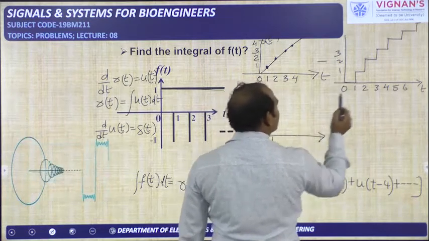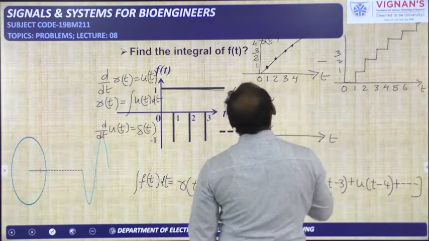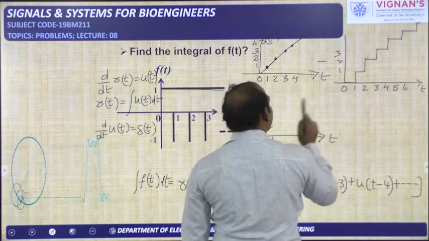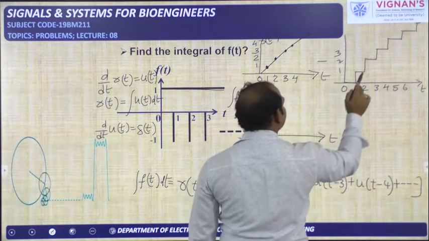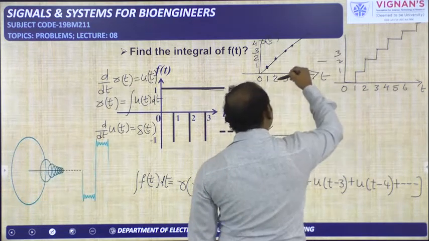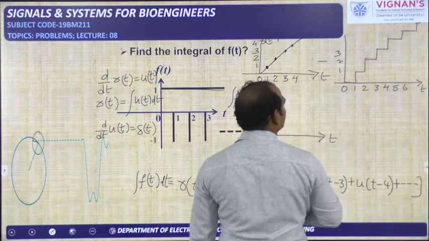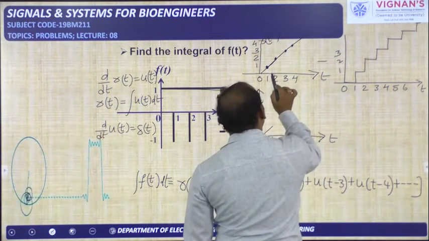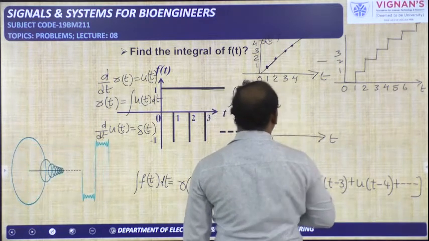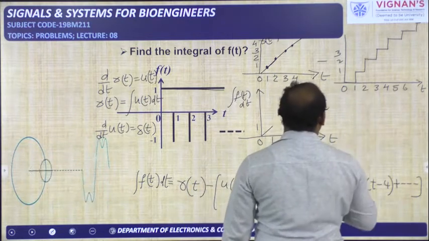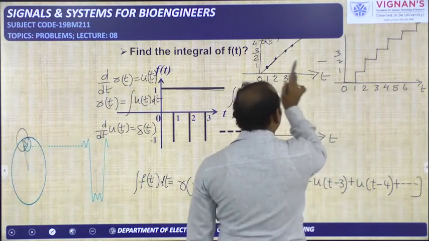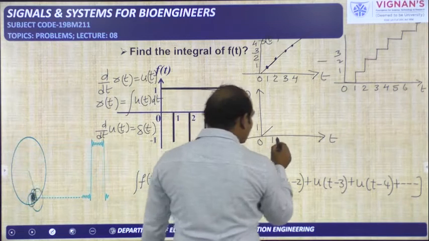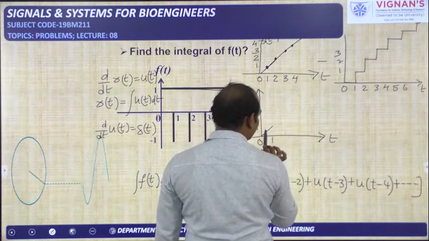Okay, next. From 1 to 2, it is increasing up to 2. From 1 to 2, the other is fixed at 1. Exactly at t equal to 2 it is 2, and exactly at t equal to 2 the other is 1. So 2 minus 1 is 1 only, and it is increasing. If you see in the middle, at t equal to 1.5 it is 1.5, and at t equal to 1.5 the other is 1. So if you subtract these two, 1.5 minus 1, that means you will get 0.5. So at 1.5 you should get 0.5.